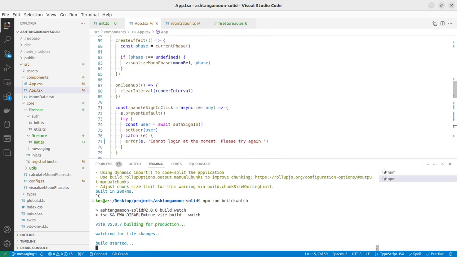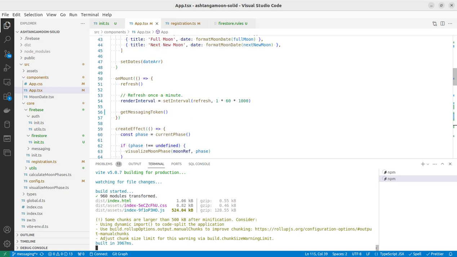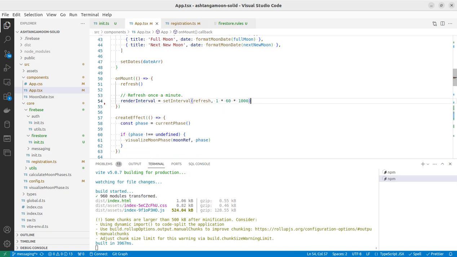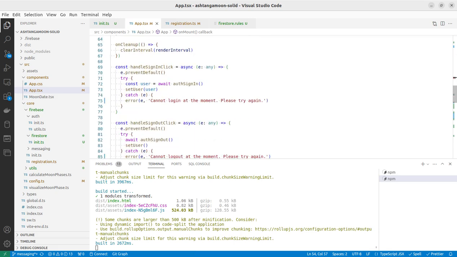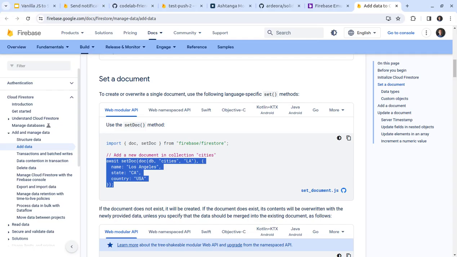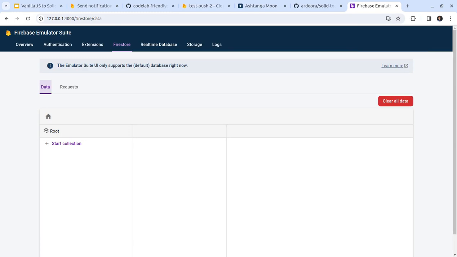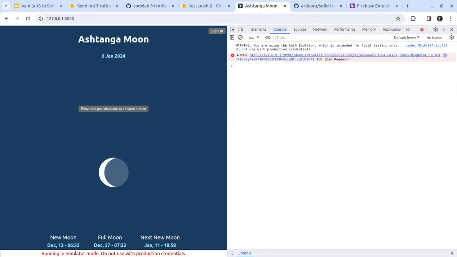And I can actually remove the get messaging token from the top, from the onMount handler, which we already have here, at least for now. Let us request the notification token on demand. I will just come back to my application, reload the page, and here, before I click this button,